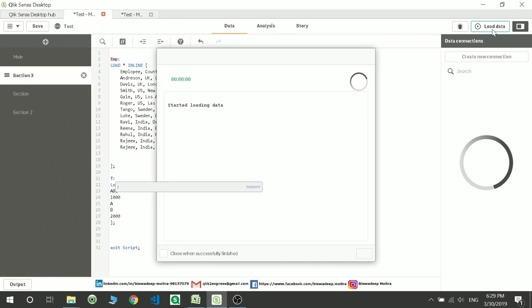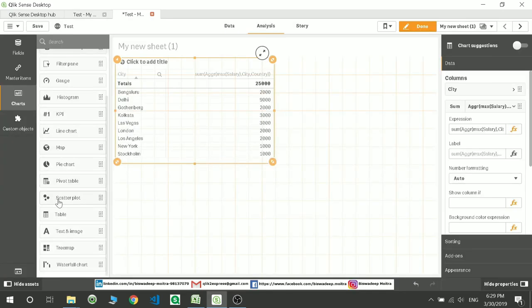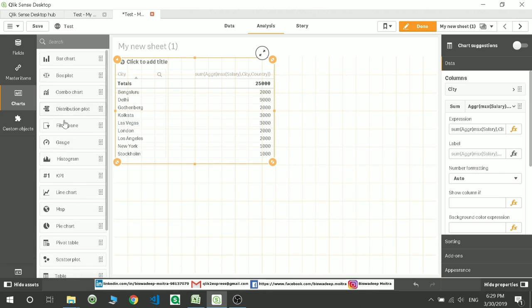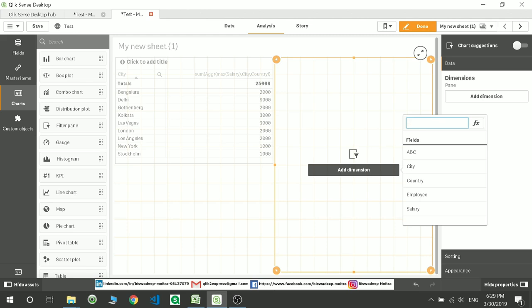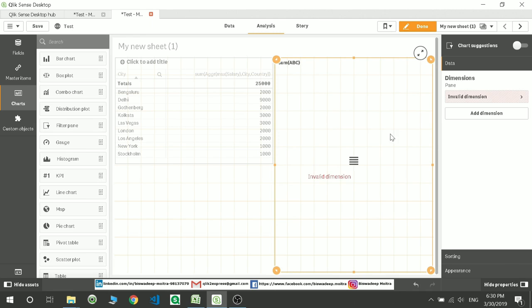I want a column where I'm going to do the sum of this. I'm going to take a filter pane, because I have only one column to check. So the sum of my column name is ABC. If I give a sum, you're not going to see any data.